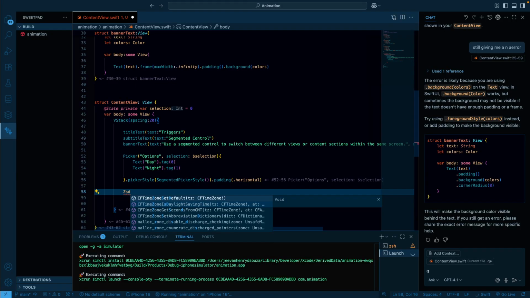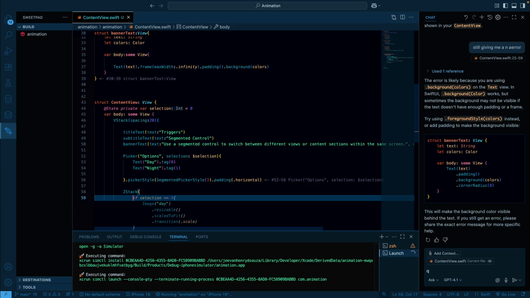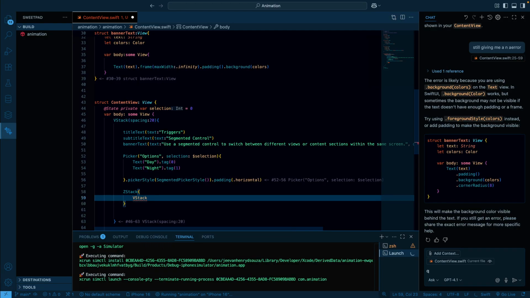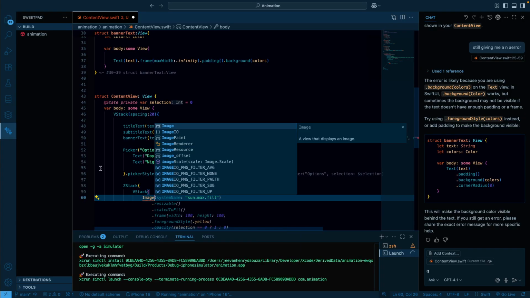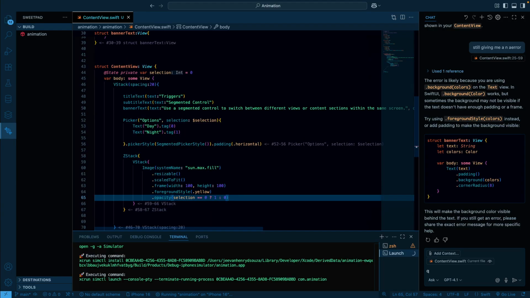So let's say I have a Z stack. So inside the Z stack I have that text. So let's say this is a V stack, and then so this is text, right? This is image. Yeah, so now I have two things here, a sun and text, right? So let's do image and system name this. Let's say this is sun.max.fill, and then